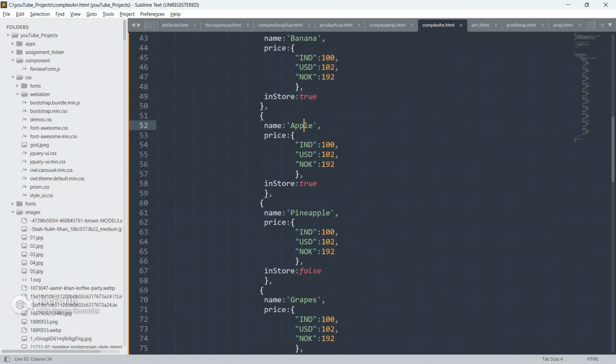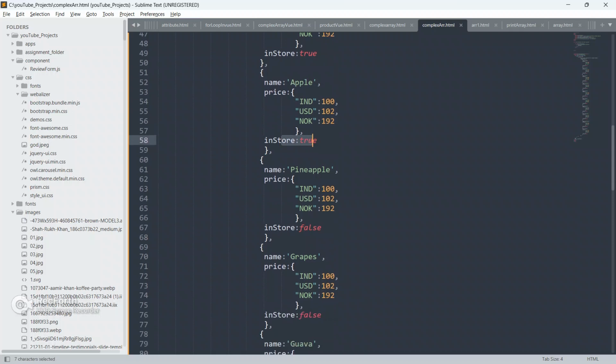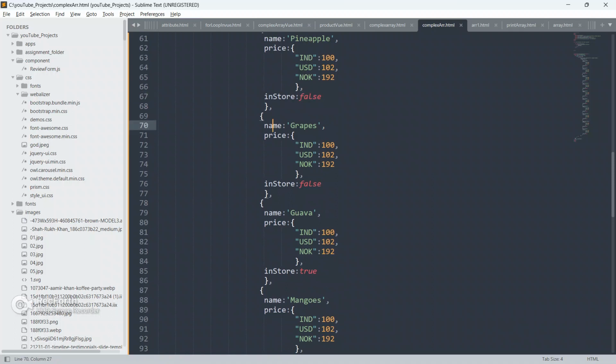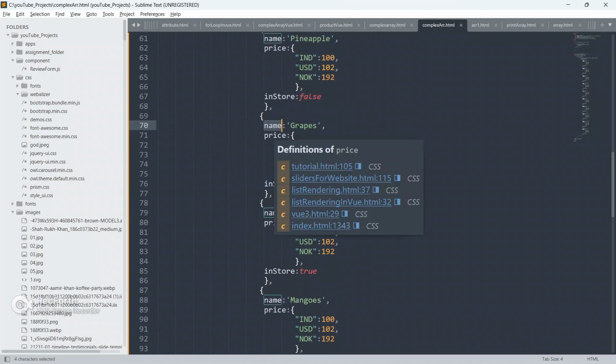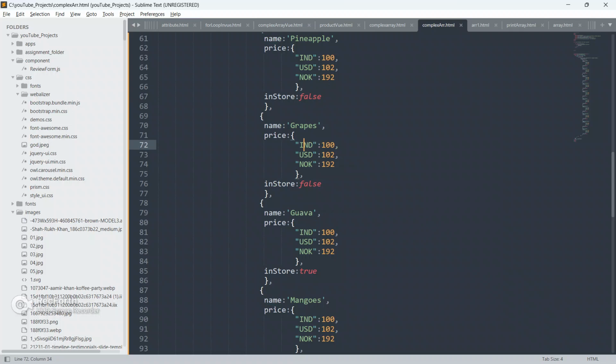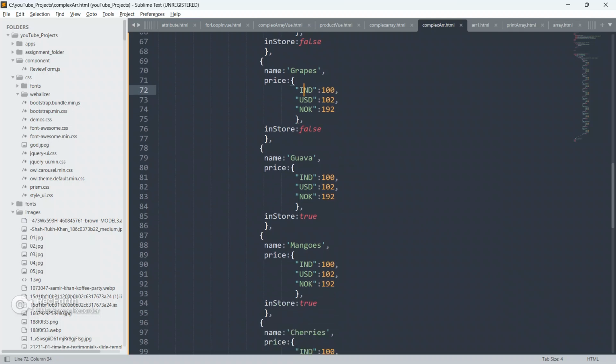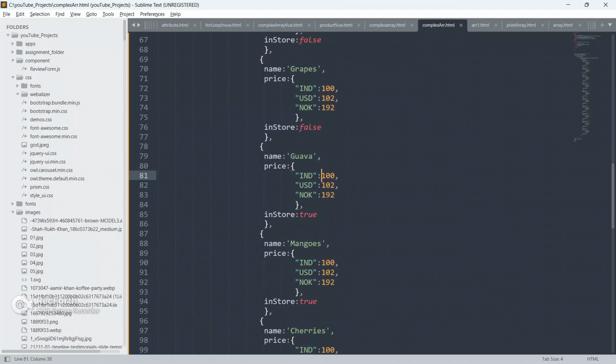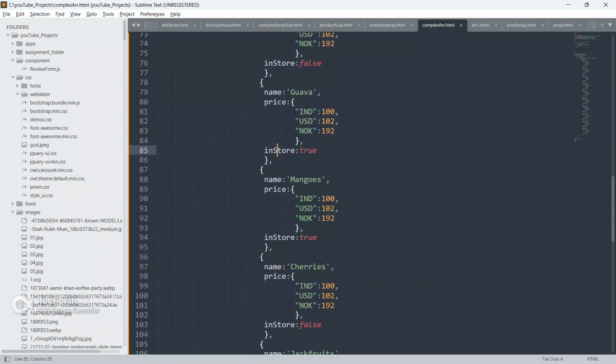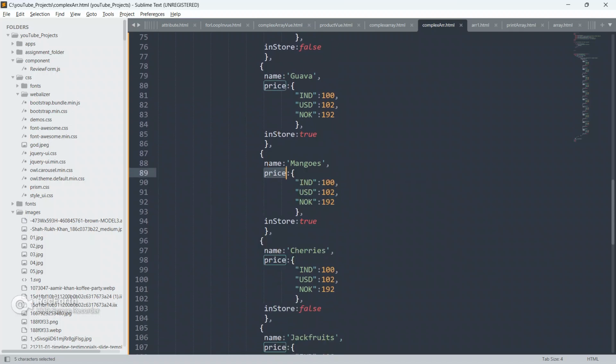In-store value is true, the name is apple, with its IND, USD and NOK prices, and the in-store value is also true. The name is pineapple, with its price, and the in-store value is false. Likewise, the name is grapes, with its price, and the in-store value is false. The name is guava, with its IND, USD and NOK prices, and the in-store value is false.